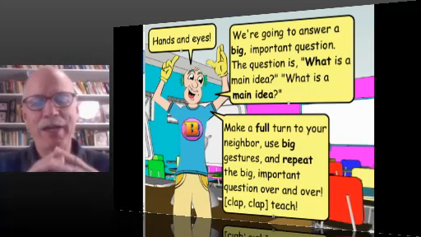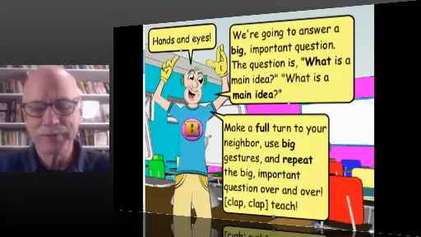Now, I'm of two minds on hands and eyes. Sometimes when you say hands and eyes, the kids say hands and eyes, and they fold their hands on the desk. Other times you say hands and eyes, and they lean forward. I kind of like that leaning forward. But let's just leave it up to you. It's your classroom. If you like plain old hands and eyes, that works good. If you like hands and eyes with a little forward lean, that works too. And then if you go hands, hands, hands and eyes, then they could really do the big lean.